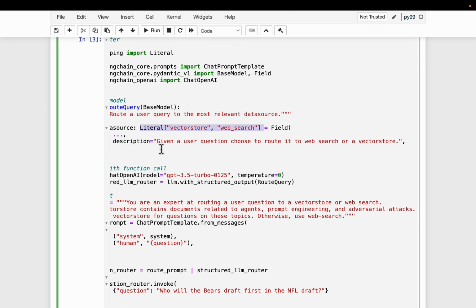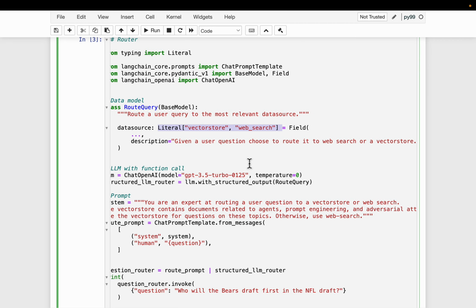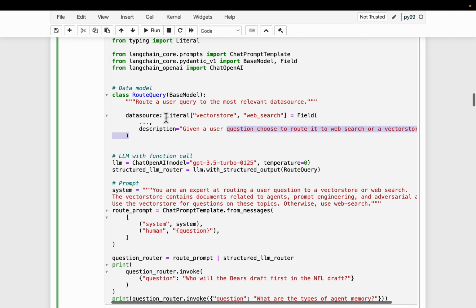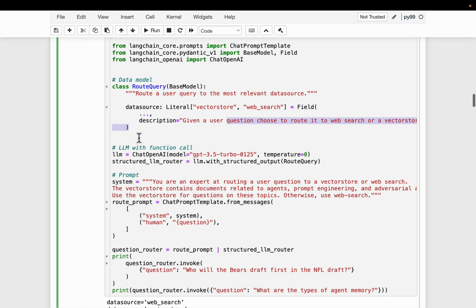Here we provide some description: given a user question, choose to route it to web search or vector store. We have not provided the prompt yet for how it should actually do the job. We simply said what its output should be, either a vector store or a web search. That's all we define in this Pydantic base class.